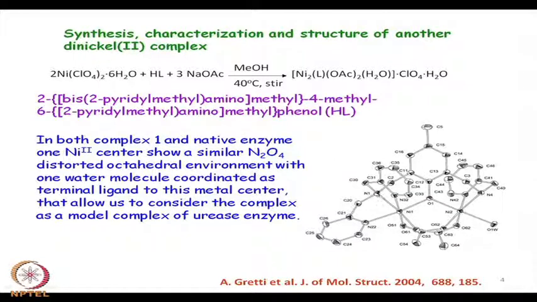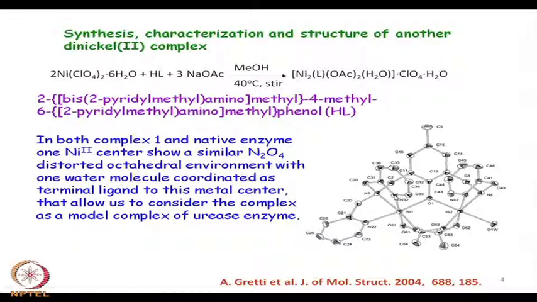So, we have these 3 nitrogens. So, how do we make this elaboration? This is basically a part of the pyridine ring. This is also a part of the pyridine ring, and this nitrogen is the aliphatic nitrogen which is directly attached to your phenol unit. So, what you can have? If you do not go for all this complex system, individually we can make this tridentate ligand all the time.